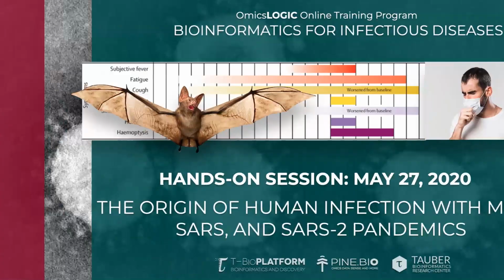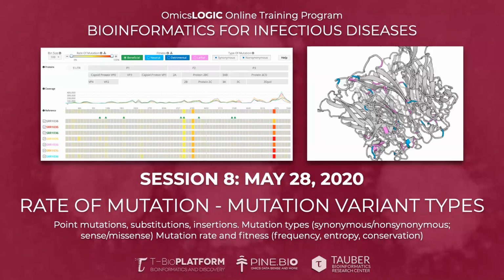Then we'll talk about the rate of mutation. So we'll talk about different types of mutations and different ways to characterize mutations. Some of them based on knowledge, for example, what we know a mutation can cause as a change in a codon and the resulting amino acid or residue that comes out of that. But also we'll talk about how we can understand fitness, and how we can understand random as opposed to accumulating beneficial or detrimental mutations, and what kinds of data sets we have to characterize that kind of difference in